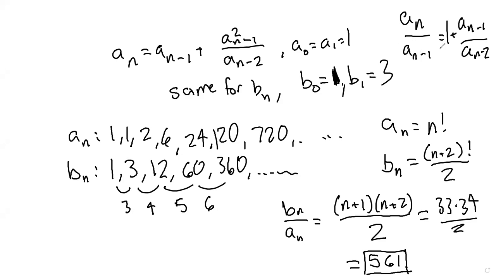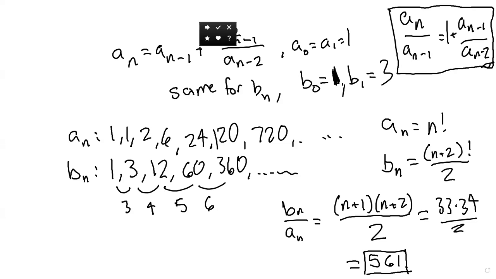Since a sub 0 over a sub 1 is 1, we know that we're going to have to multiply by 2 next, then by 3 next. Everything is encoded a lot more clearly when you look at it like this. And this way of proving why we get factorials is also something that you should look out for, manipulating this expression to make it a bit more understandable. All right, if there are any other questions, please address them to Andrew. I will